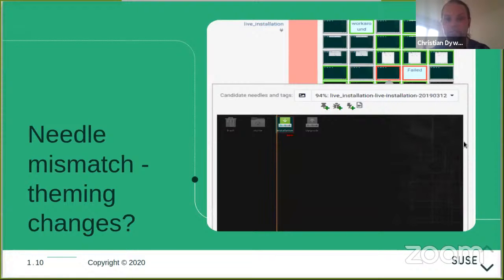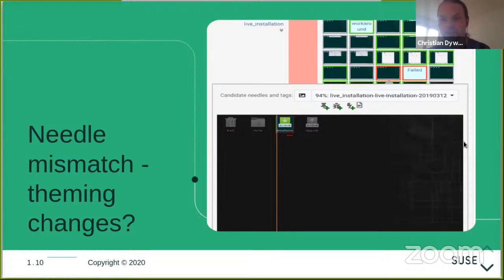So this is where the needle candidate comes in. I'm not sure if the text is readable, but on the screenshot it says candidate needles and tags. This is because the run inspects what is expected to happen in the test case, and it goes by tags that match the test needle that is expected at the point in time that the interaction happens.